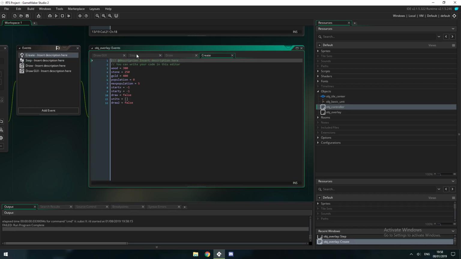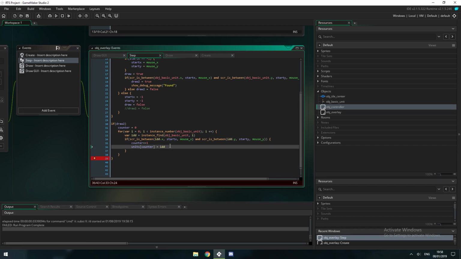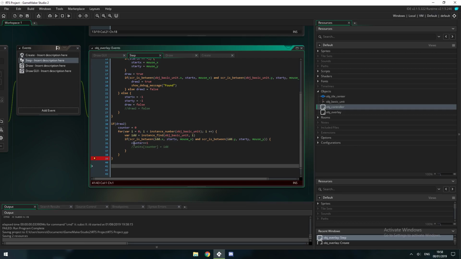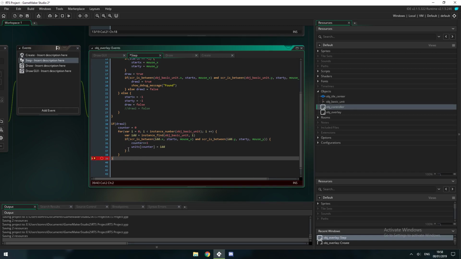Stupid. Units counter equals ID. Can't see anything obvious. Let me just comment some lines and see what happens. Well, it's not that line. Is it this line? Nope. So it must be something to do with the... Oh, yeah, it was a typo. Just me being a little bit stupid and missing a bracket there. Sorry about that. So yeah, now if we do this,